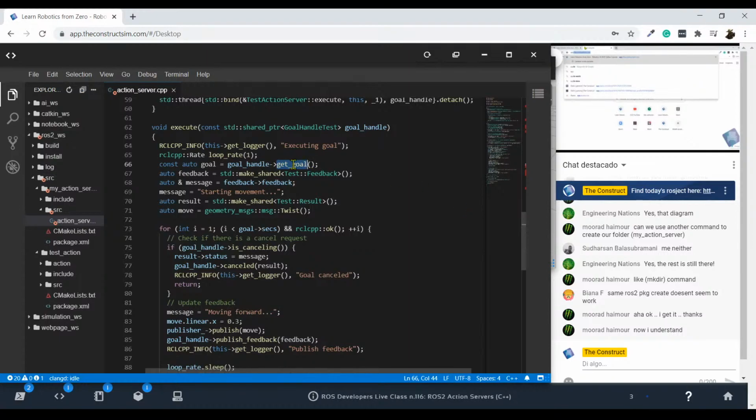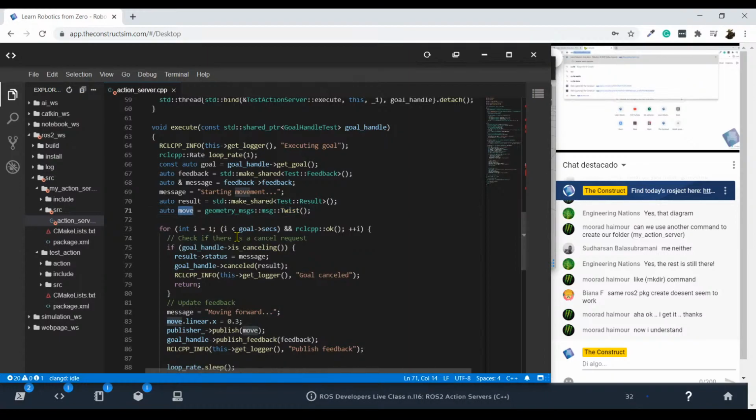Basically here what we are doing is to get the goal from the client and save it in this goal variable. Also, we are defining a new variable for the feedback, another variable for the message, sorry, in this case. And also, we are setting variables for the result and for the twist message, which in this case is named